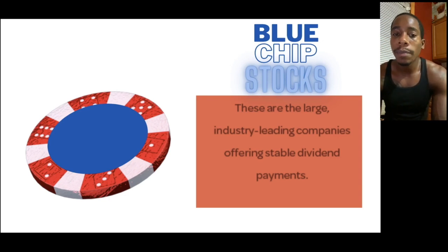These are blue chip companies. Maybe you might like Apple, right? And Apple is growing. You don't want to pull out your money from Apple, and you're going to get paid some dividends because Apple is a blue chip stock, right? For an example,